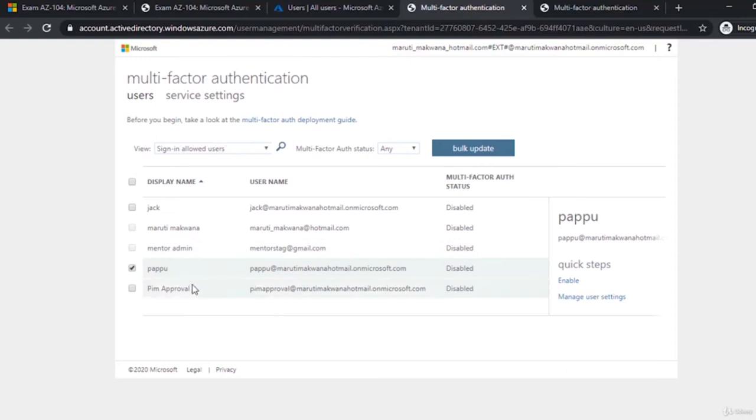Remember, you cannot set multi-factor authentication for a guest user. The rule is that multi-factor authentication can be applicable only to the domain users which are part of this AD, or part of the organizational AD and then synced into this Azure AD. Guest users do not have the rights to deal with multi-factor authentication.